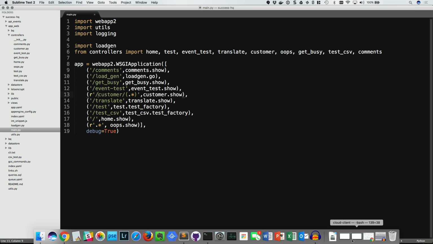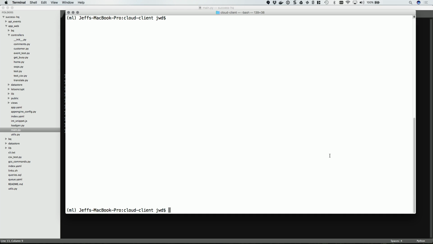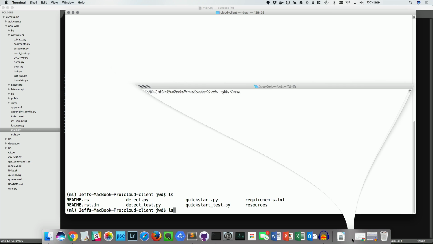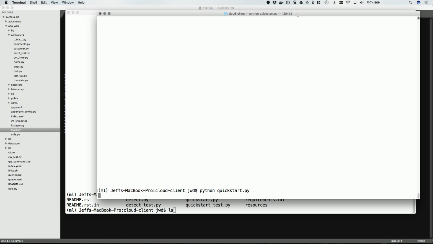That's not the one we want. Let's see if this is what we want. That's the image API. So we'll come back to that in a second. So this, let's run it. And if all goes well,